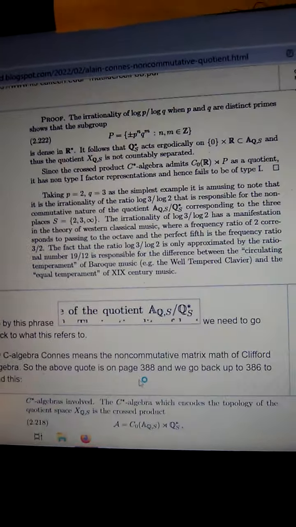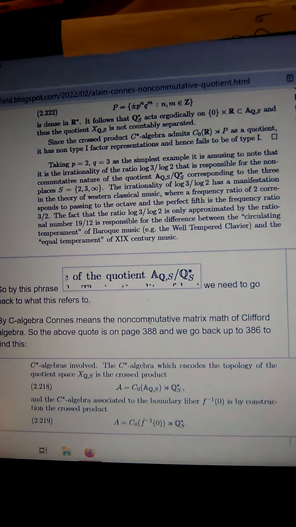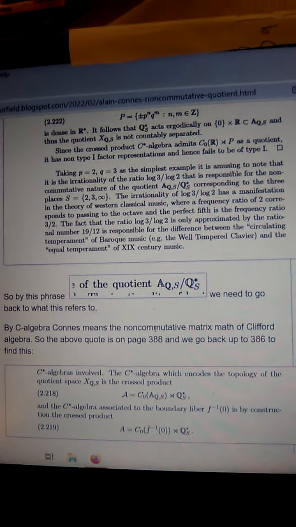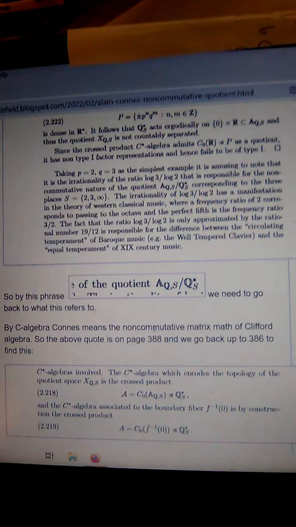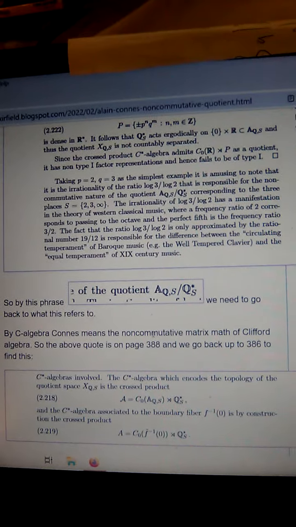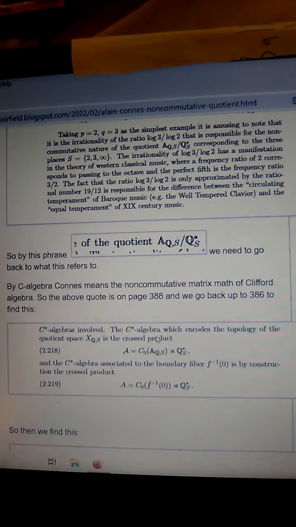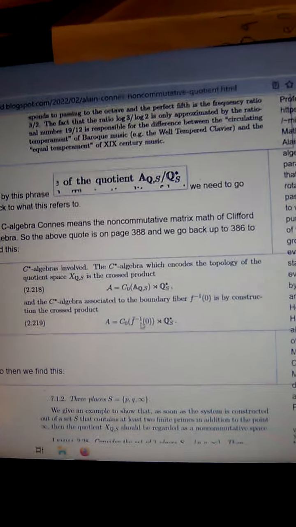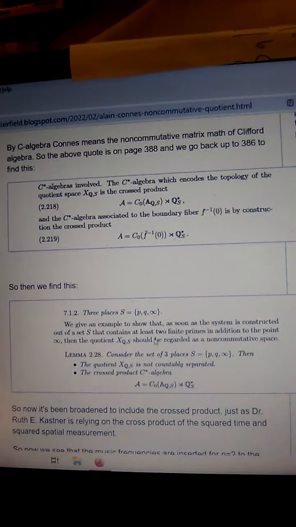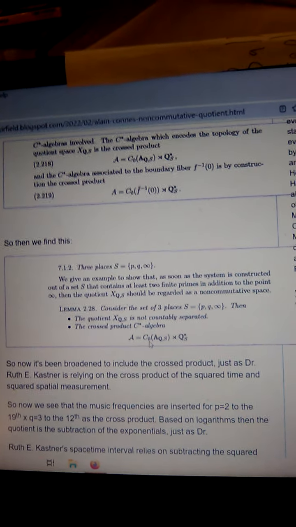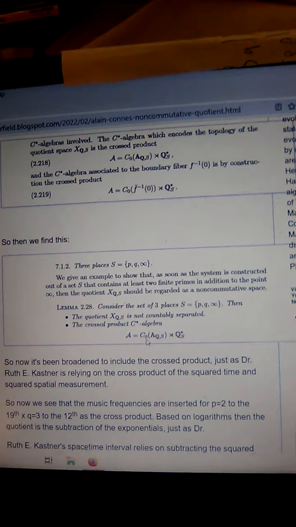So we just have the first one as the exponentials as the capital P, and then the inverse is the cross product. So you have, okay, so we're taking